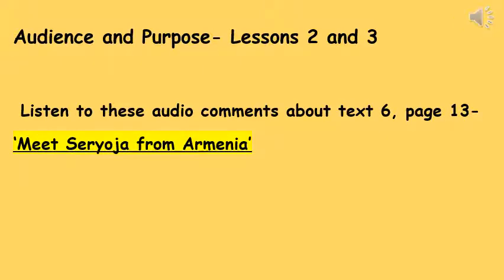We're on to text number 6, and it's on page 13 in booklet 1, and it has the title Meet Saroja from Armenia, and it's produced by World Vision org UK. So the very first line combined with the photo tells us that,